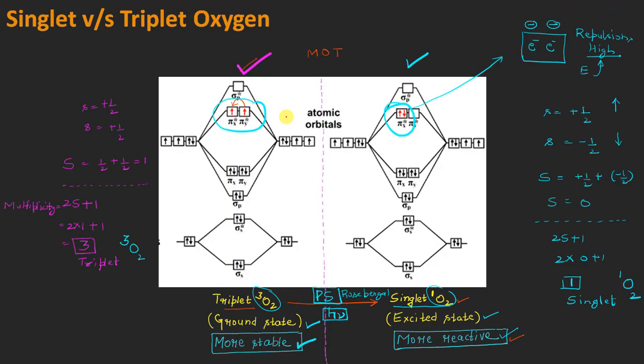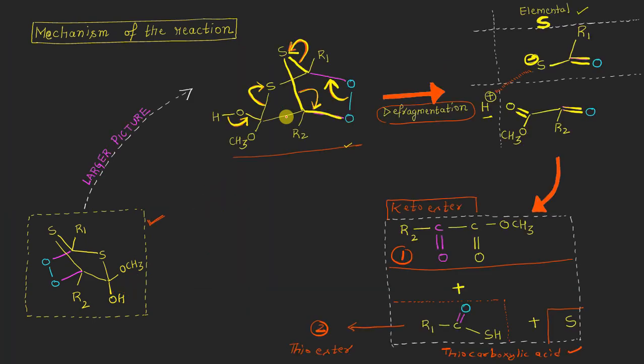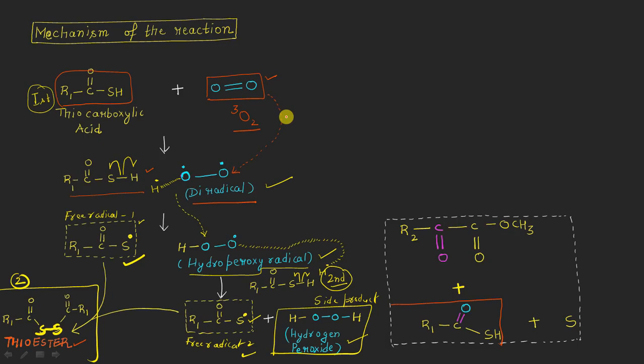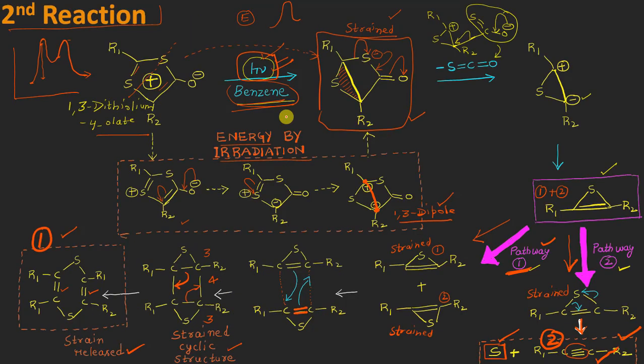And the second reaction which we have discussed is the reaction of our mesoionic molecule with H nu in the presence of benzene as the solvent. And what we have seen here is that following two different pathways, two different products will be formed. The first one will be an alkyne molecule, and the second one will be a six-membered diene molecule, something like this here, right? So this is all about this video lecture. Thank you so much.